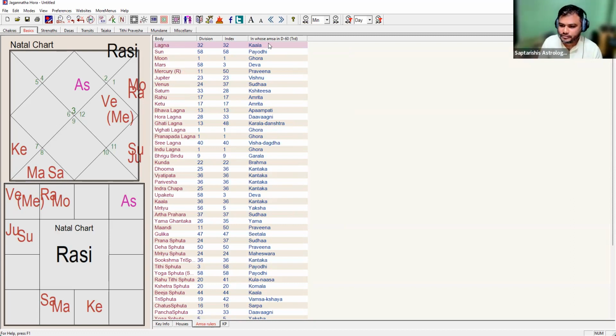What is the meaning of Kala? Time. Okay, now you all are studying Krishna, so Kala means time, everybody knows. But what is the use of that time? If Lagna is falling in Kala, in time, now what to do with that time? Is that time bad or good, who knows? Sir, Kala is death. We say, his Kala has come, so it is bad. Maybe he gets improved along with the time. He will get better with the time.